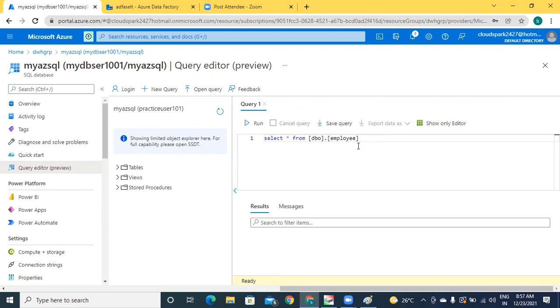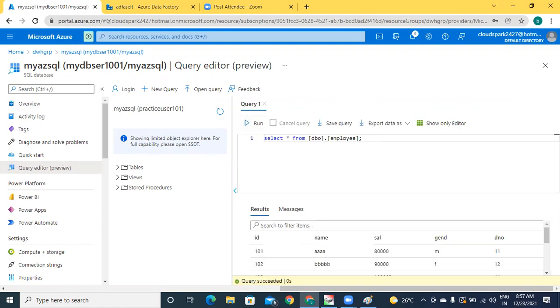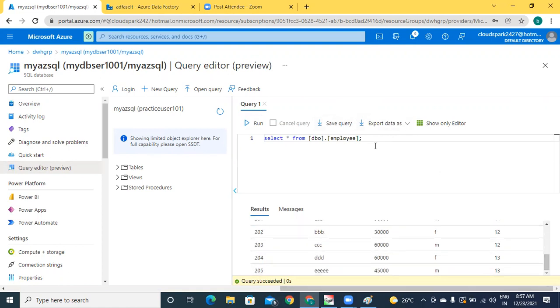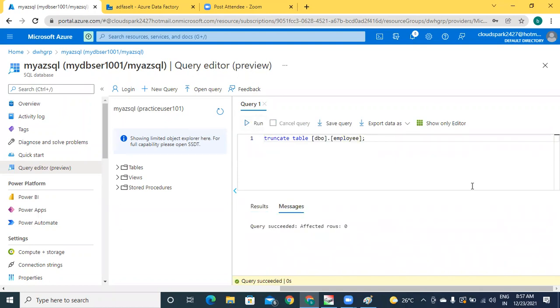It's our target table. Running this. Already I have 10 rows. Just for this trial purpose, I am truncating all these rows. Truncate table employee. Okay, now the table is empty, sir.